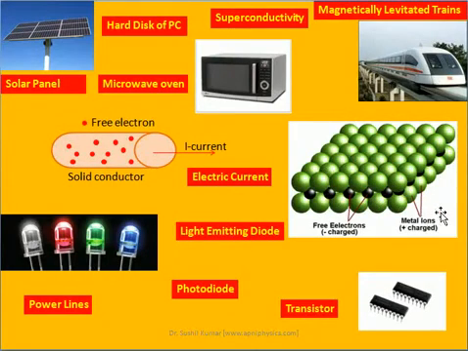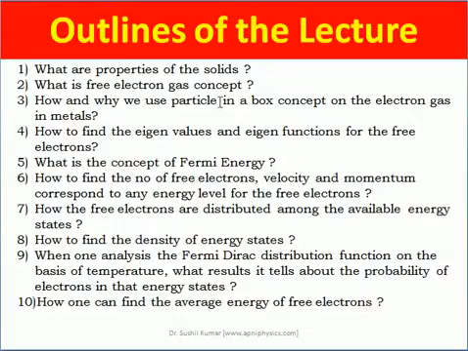That idea is associated with this picture, where these green color balls indicate the positive ions of the lattice of that particular metal, and these black dots indicate the free electrons, which are negatively charged, and they can move here and there within the lattice freely, right? So before we go into the detail of the chapter, there are some outlines to make this picture more clear, how one can explain the electronic properties of solids on the basis of free electron theory